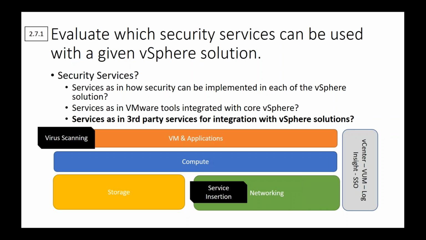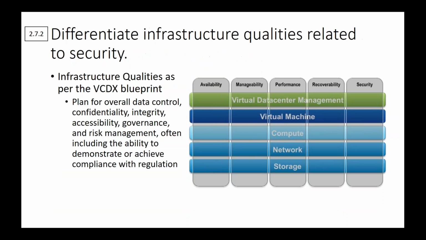So that should cover the first subsection. The second subsection involves defining how security as an infrastructure quality relates to other qualities. To make sure we continue with the first, explaining each part of the section and then showing the relationships between them, it's best to include what the security infrastructure quality includes, and the best description I found is actually in